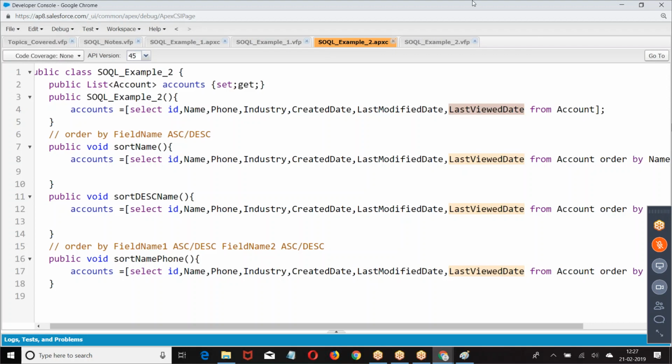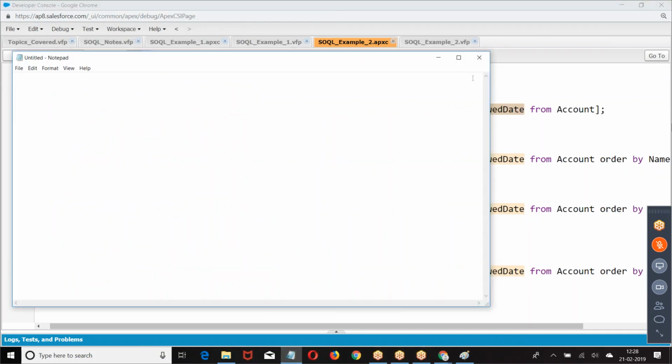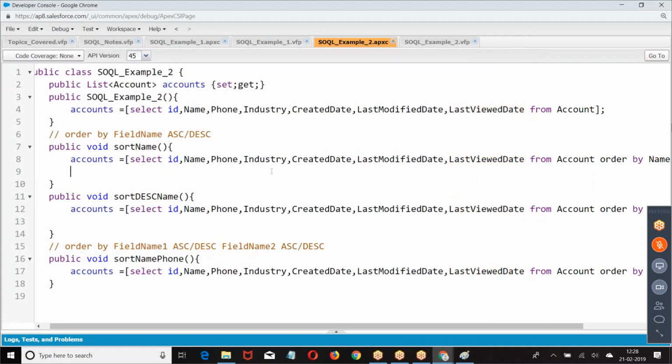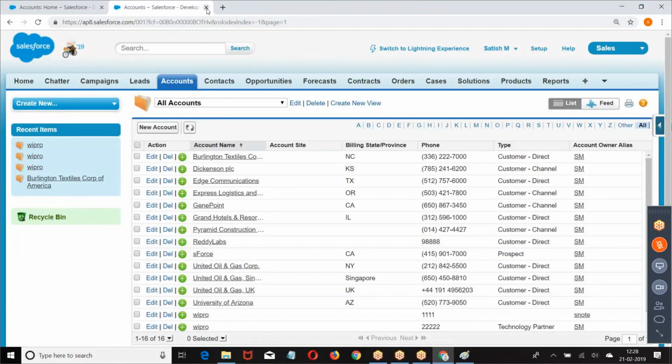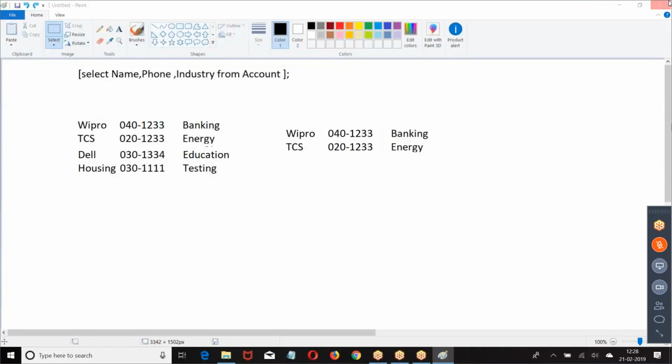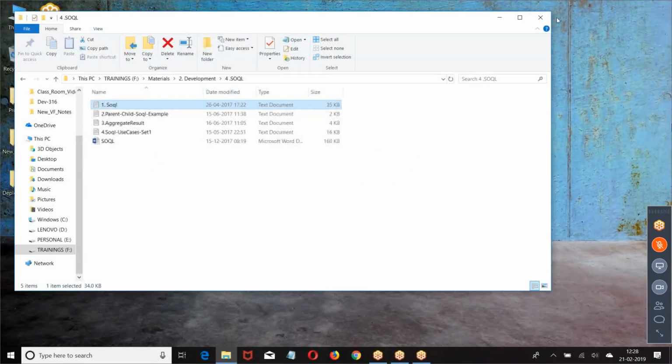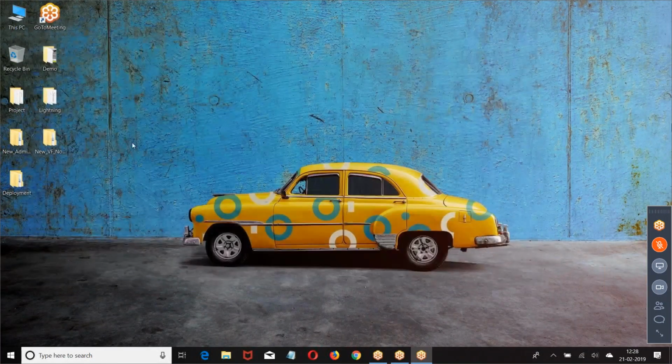Can you go to the 8 point? Yes, I deleted it actually. Okay, that's fine. When we write the SQL query, select ID from account, we will get all the records from the account, right? In each and every record, we'll have the field names. So is it necessary to write select ID, name, phone, everything from the account? Every field we want to fetch, we have to manually write it. There's no concept called star here.